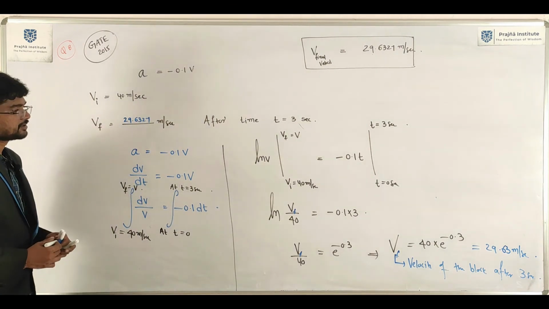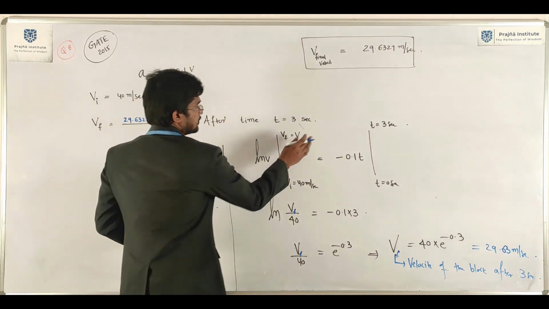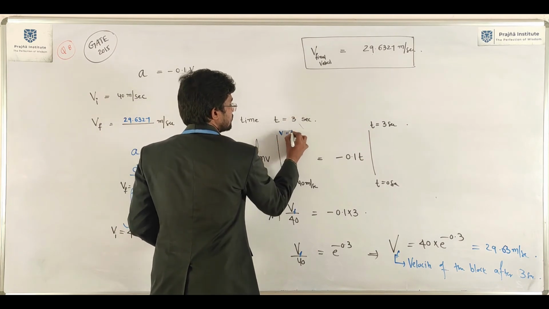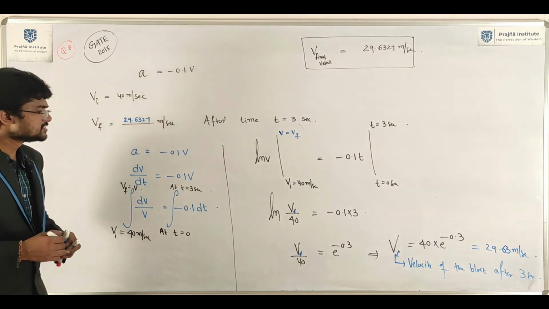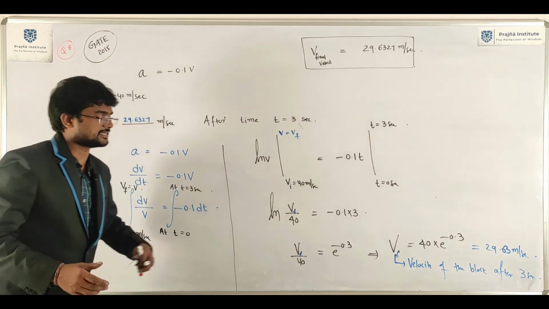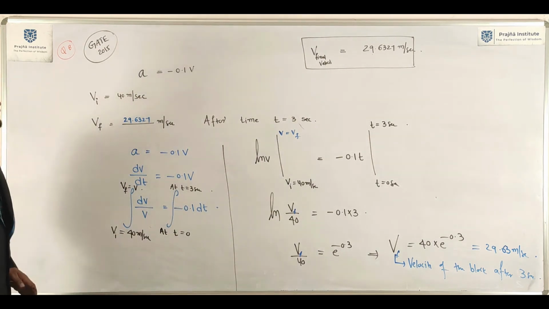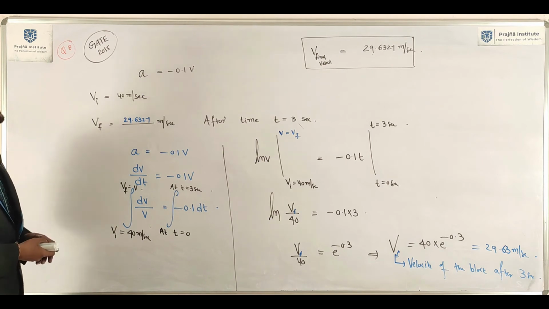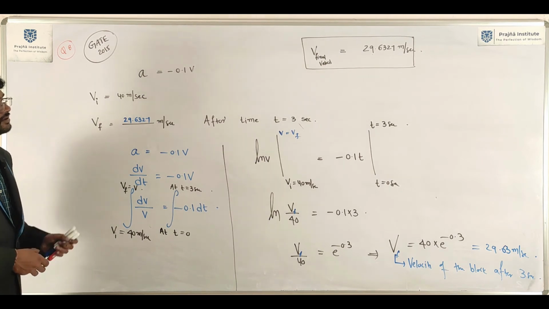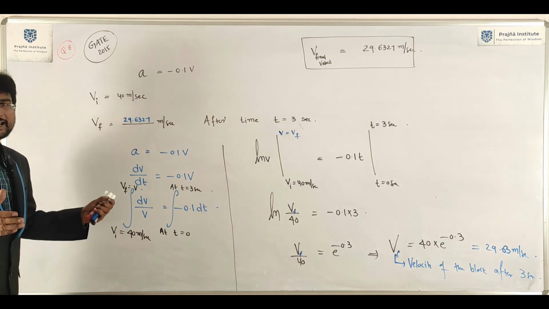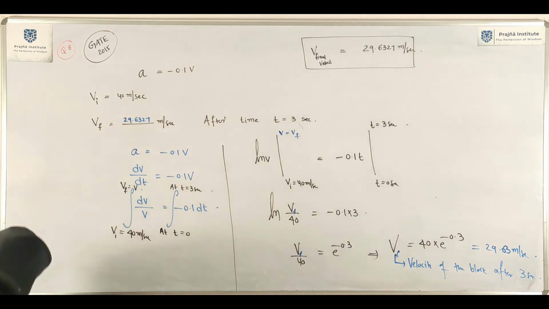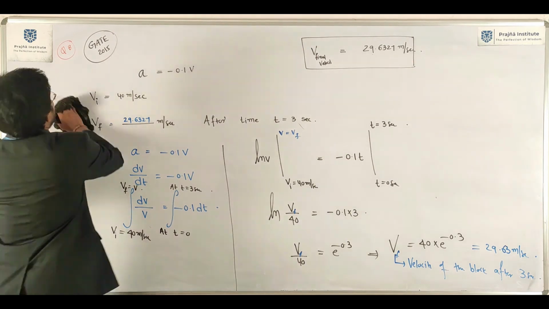Are you getting it now? Here v equal to v final, both are fine. That is your understanding actually. Velocity final, that's it. Now this question was given in GATE 2015, the paper set by IIT Kanpur. Okay, next, question number 9.